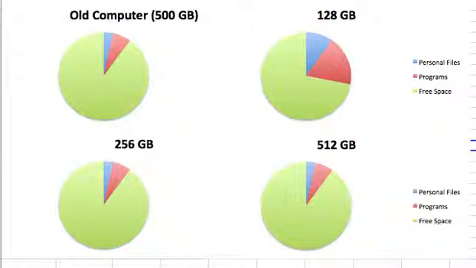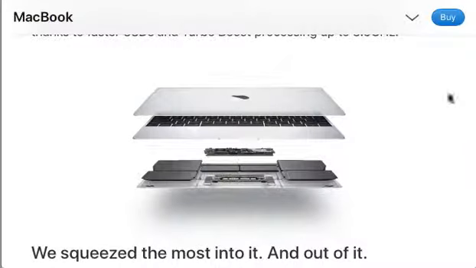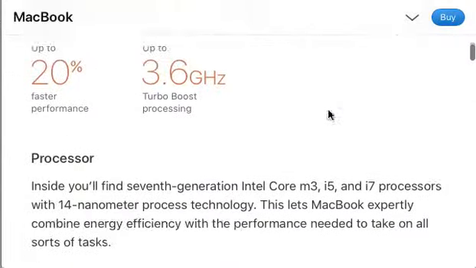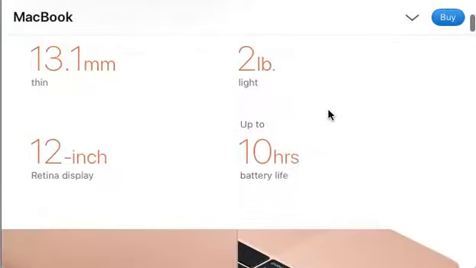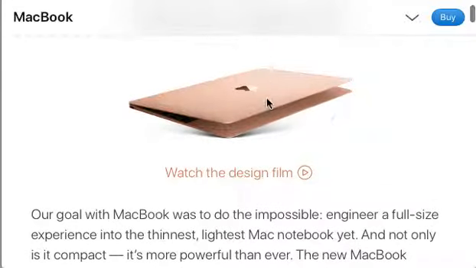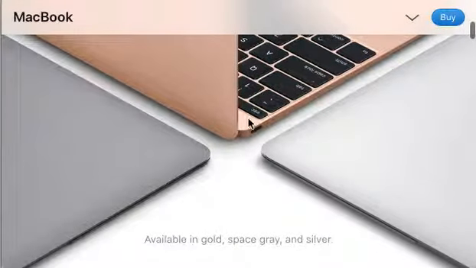So I think that to be on the safe side, you probably should go with a 256 gigabyte hard drive. And in this version of the MacBook, the 256 gigabyte hard drive would cost you about 1,300 bucks. Okay, so that's basically this guy here, and what's nice is it comes in some different colors and stuff, so you have some options with this one. It's a good computer, and the one that I think you'd be happy with